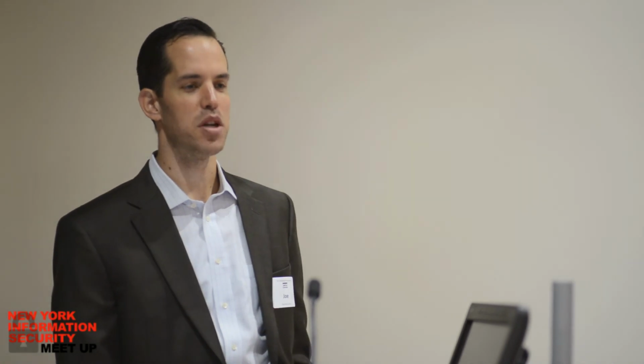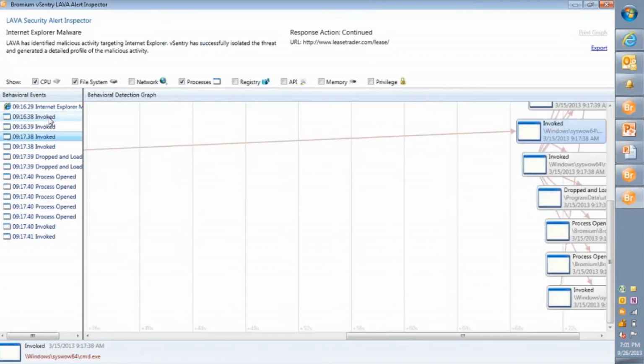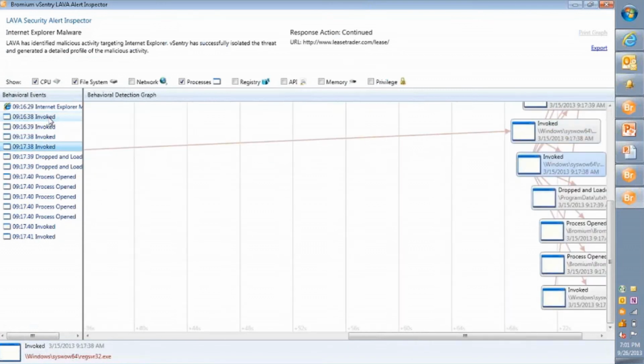So I clicked on leasetrader.com on Friday, March 15th at 9:16 a.m. It then went out and invoked a couple of different processes. You can see here in the lower left-hand corner that it invoked the Java plugin launcher, which then invoked java.exe, which then invoked a command shell, followed by regsvr32, which, if you're familiar with that, it actually registers DLLs to the Windows kernel, telling them that they're legitimate, which then dropped and executed that file with that MD5